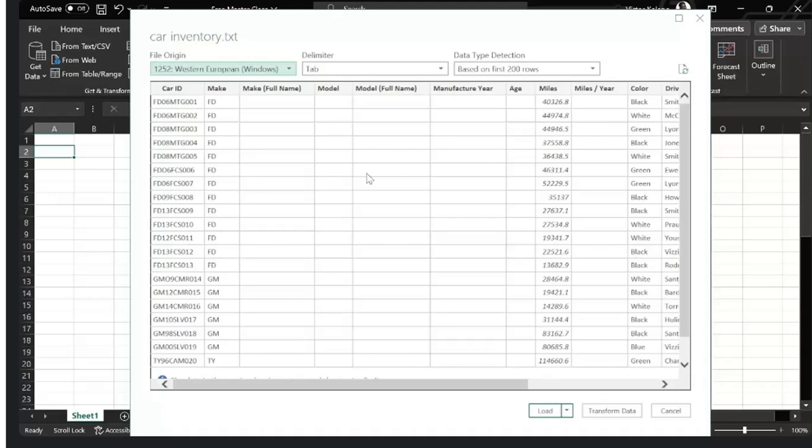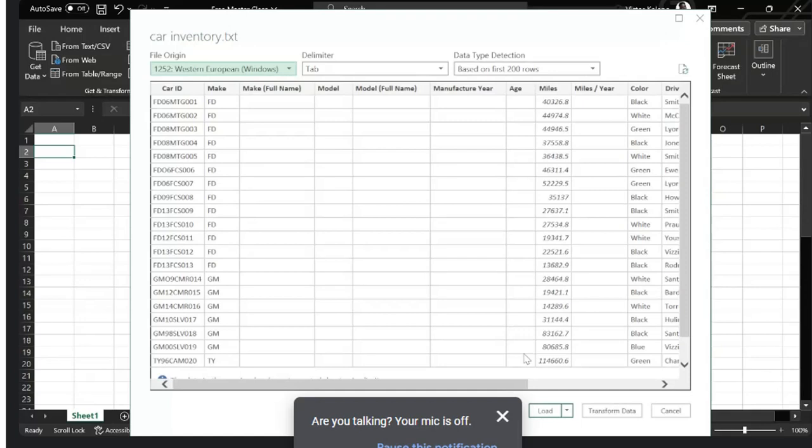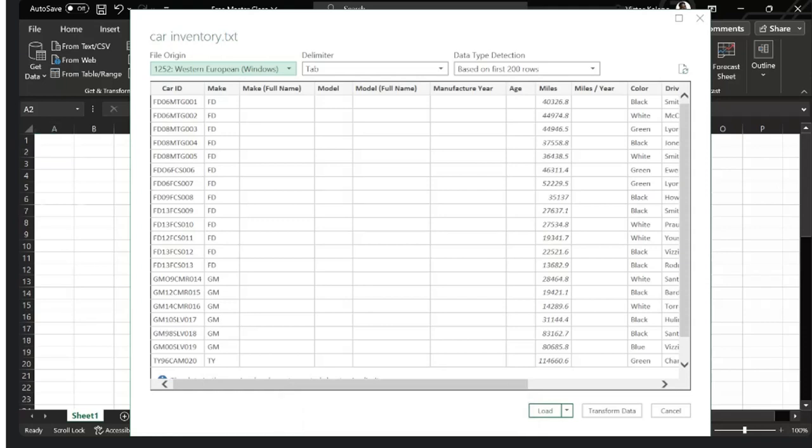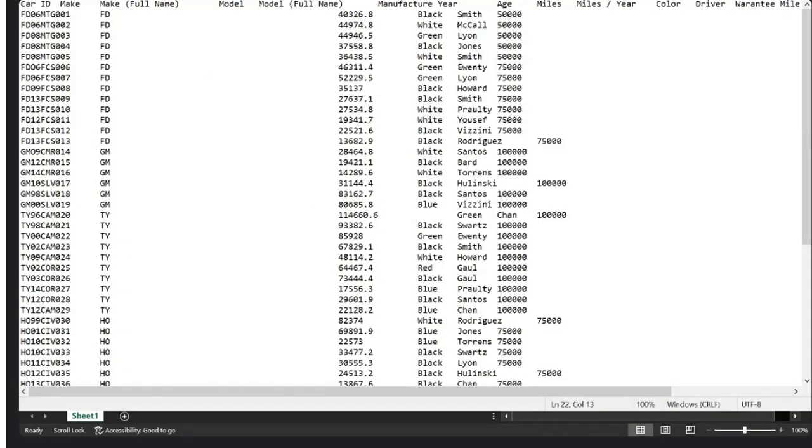Don't forget that on the original data set, what we had was not something this clean. What we had was this. We have it scattered like this. However, Power Query has a way of detecting the delimiter itself, and it has a way of structuring your data set. So that is why immediately we did that,